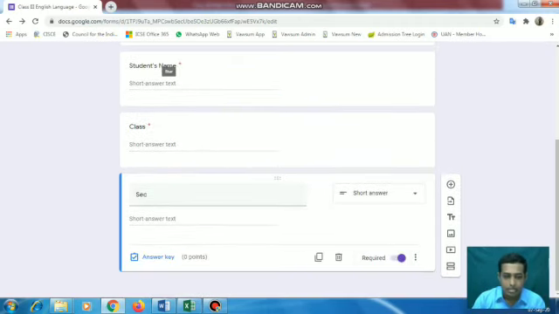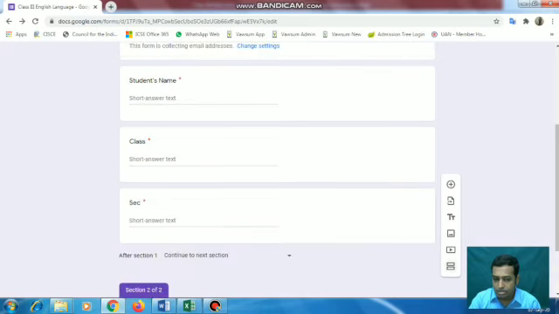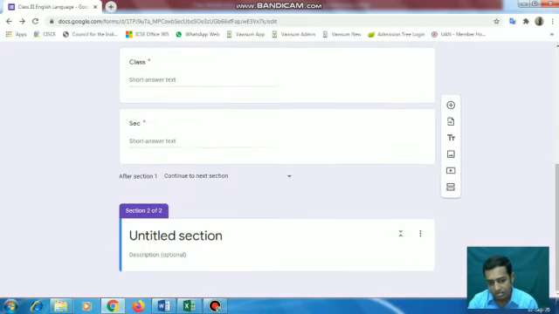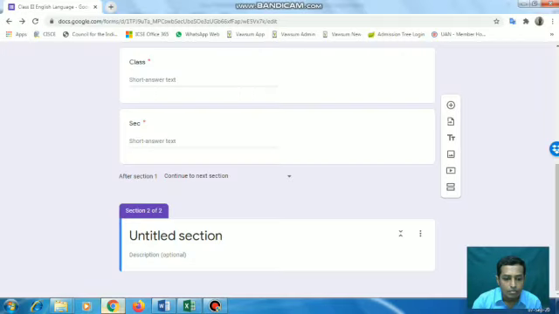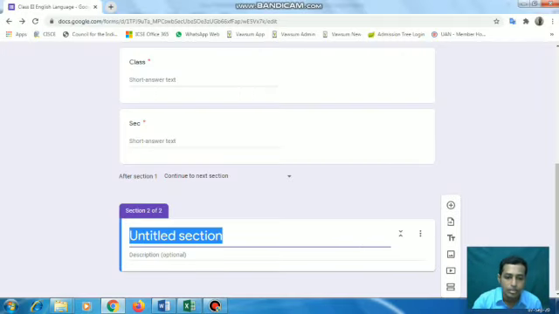Now the next thing, this will be our first page. We'll create a new page where we'll put the questions. To make a new page, we'll go to this last option, sections. So now this is section 2 of 2, and here we can give a question. We can give our question, what we want. No, this is a section heading, so what we can do,